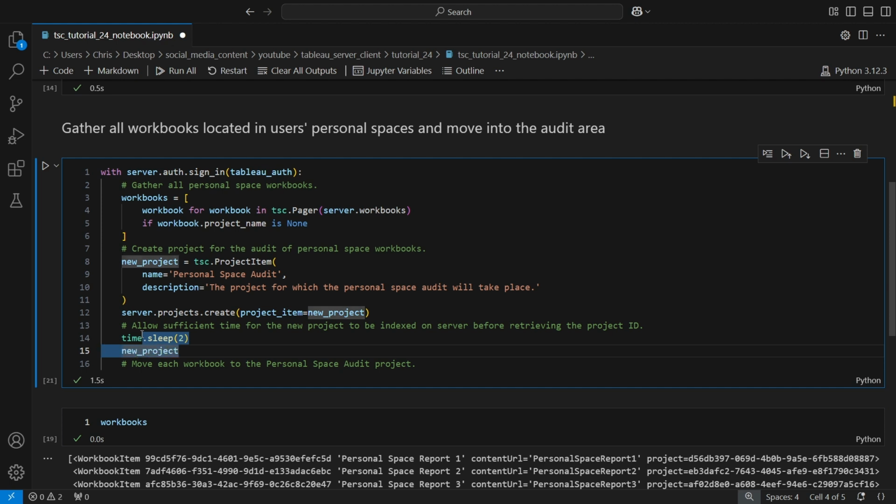Well, if I'm going to move the workbooks to a project, I need to know the ID or the LUID, the local unique identifier value corresponding to that project for which I'm trying to move them to, right? So I need to gather that. And that project ID is going to be the one that corresponds to this project that we just